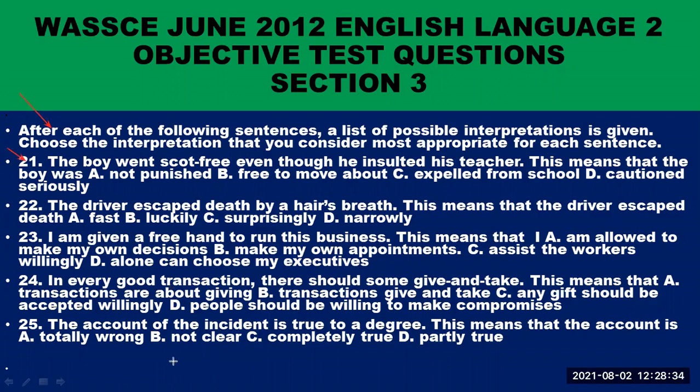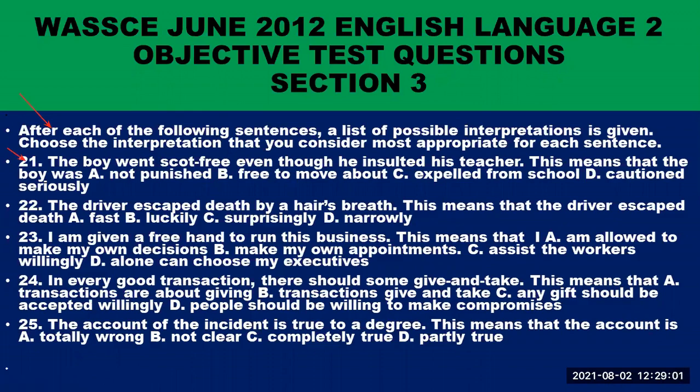So the idiomatic expression here is "went scot-free." What does it really mean? This means that the boy was: A, not punished; B, free to move about; C, expelled from school; D, cautioned seriously. Now, there is another method that will help us also to pick the right option, even when